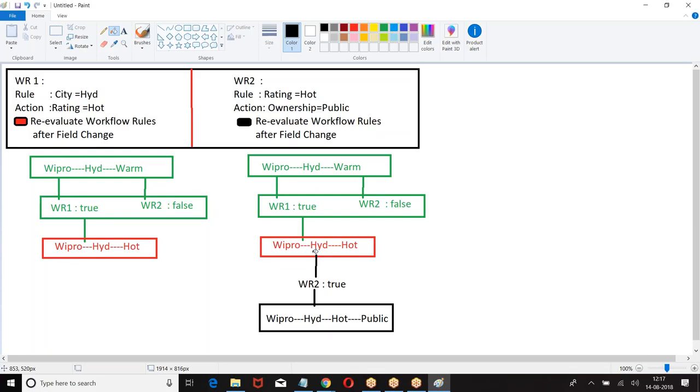See, when I say all the rules which are failed, did I say in order, first rule 1 will check only 2, 2 will check only 3? I told you, when your rule is true and you made a change, all the rules which are failed will be rechecked. When you say all the rules, it means all the remaining rules which are failed. If workflow 2 is true and workflow 1 is false, then the field update is made, if you enable this option.